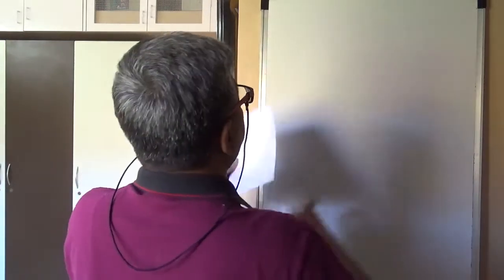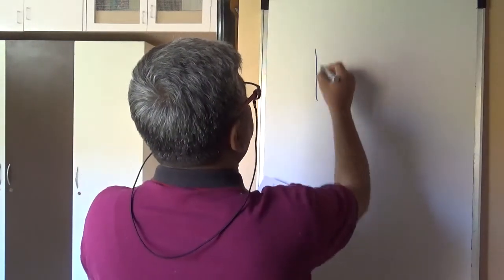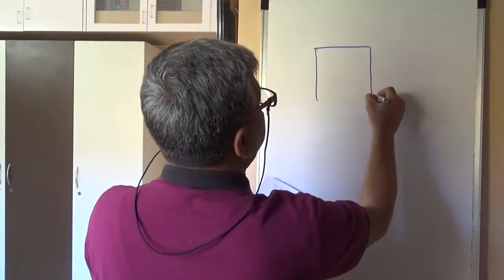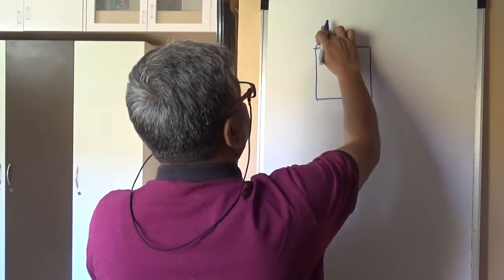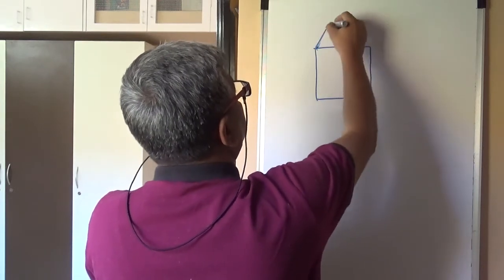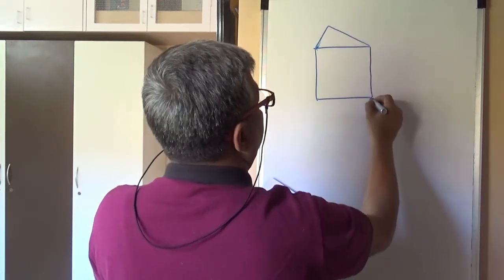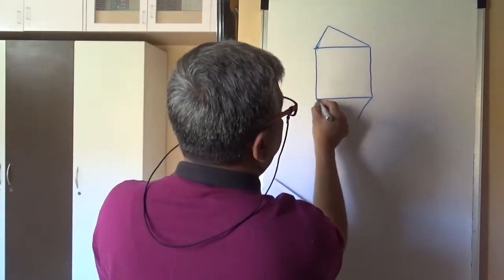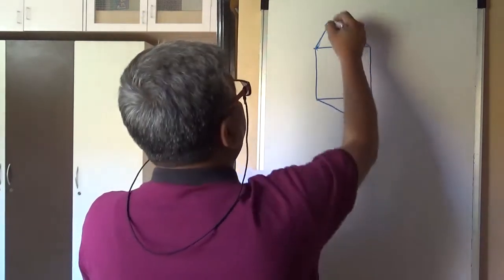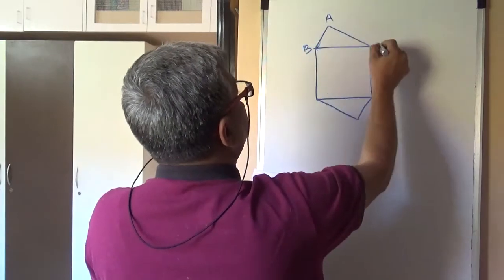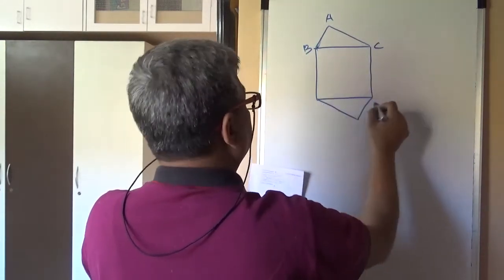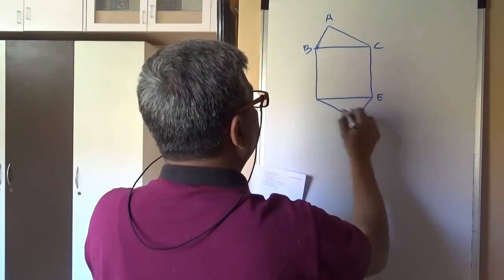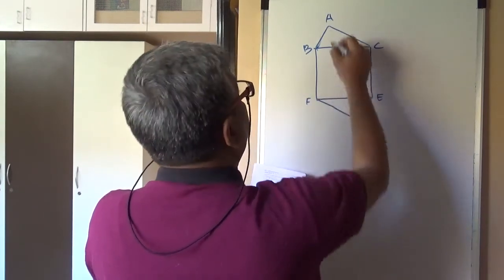What is done is, on a square you draw two right angle triangles, congruent right angle triangles on the two sides. Okay, so this is A, B, C. This is E, D, E, F, and join